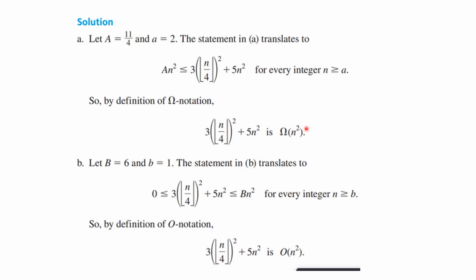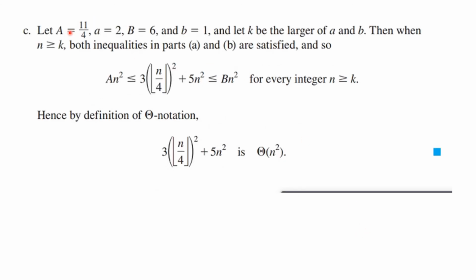Note that for this problem, omega n squared is the same as, well, we're talking about big O here, but you see both of these are bounded by the order of n squared. That is, they grow less than a multiple of n squared. But what we can do is we can combine the two, and since we know that this expression is between a n squared and b n squared for every integer k, where k is the larger of the two, then by the definition of the theta notation, this is big theta of n squared. Now, I'm going